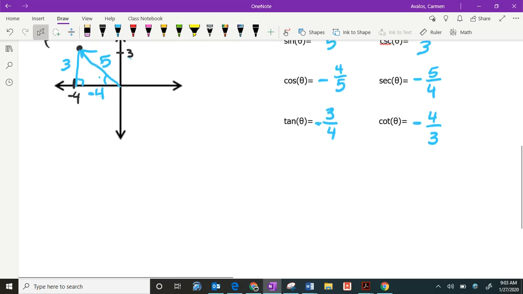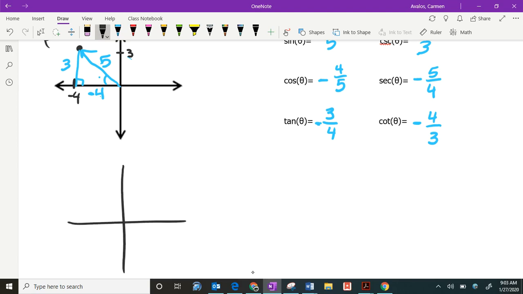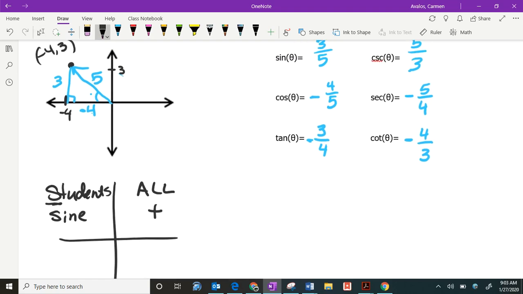So if I have, and if you don't remember it, which you should, but let's say that you don't remember it, here's something that will help you. And this is going to be All. That means that they're all positive. All the trig functions are going to be positive. The trig ratios are all positive in the first quadrant. And then, Students. We're taking the S, so in this case here it is going to be the sine, and the reciprocal is the cosecant, just like we saw up here that they're going to be the same sign. So sine and the cosecant,